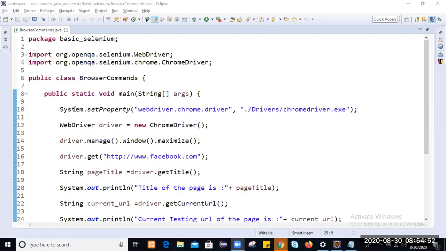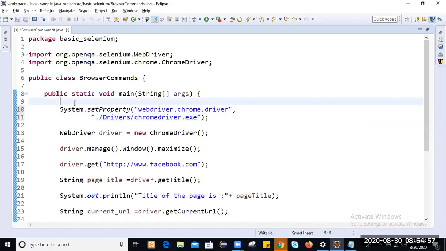So the first one is this line. This is used to set up the system variable path for the third party browser.